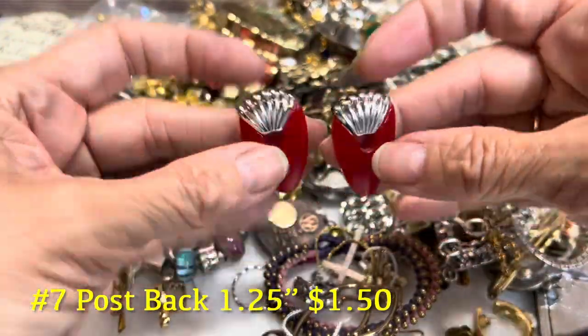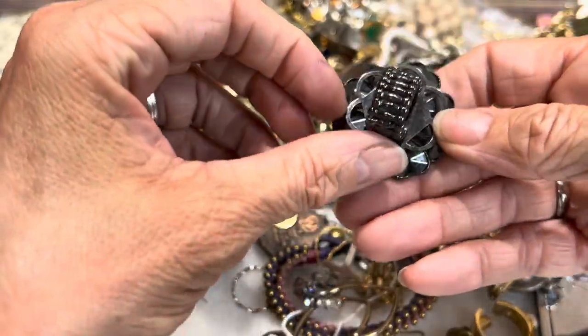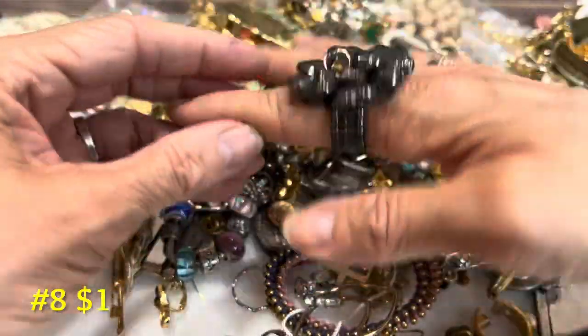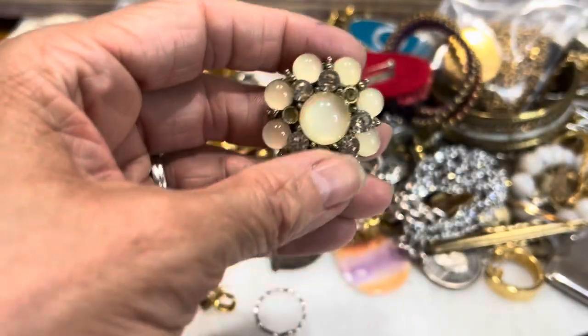They're interesting earrings nonetheless. I have a stretchy metal ring here, black tone, but a big ring. Obviously, you can see how big that is. The stretch looks just fine. Okay, well, here's another, and